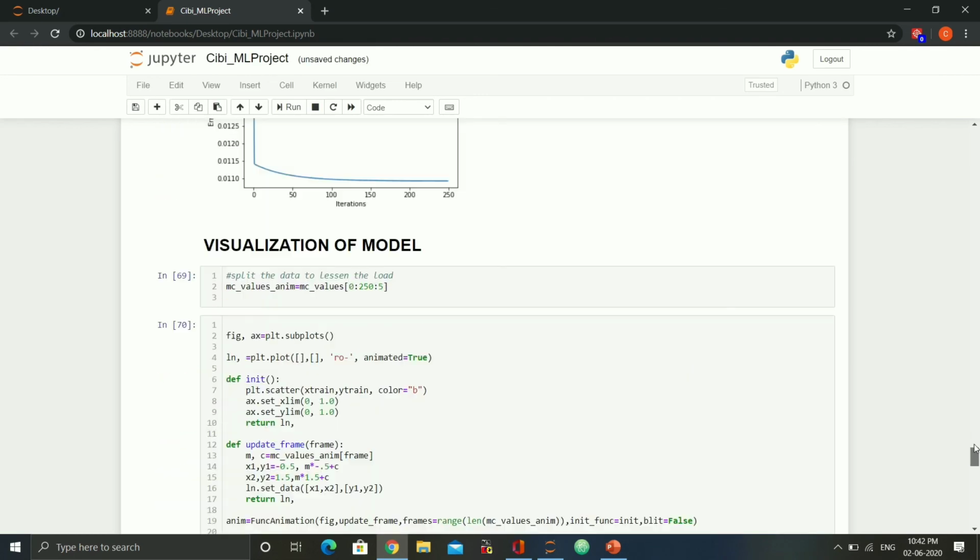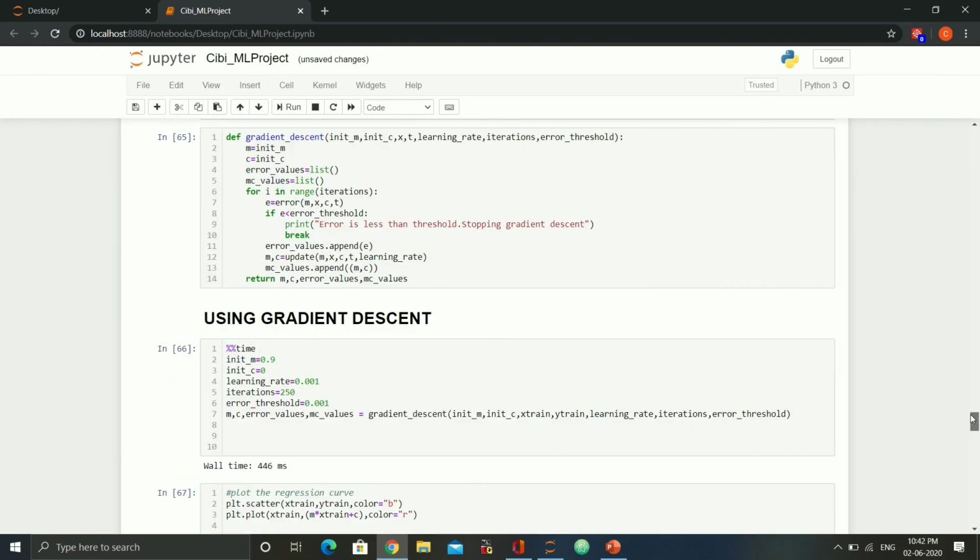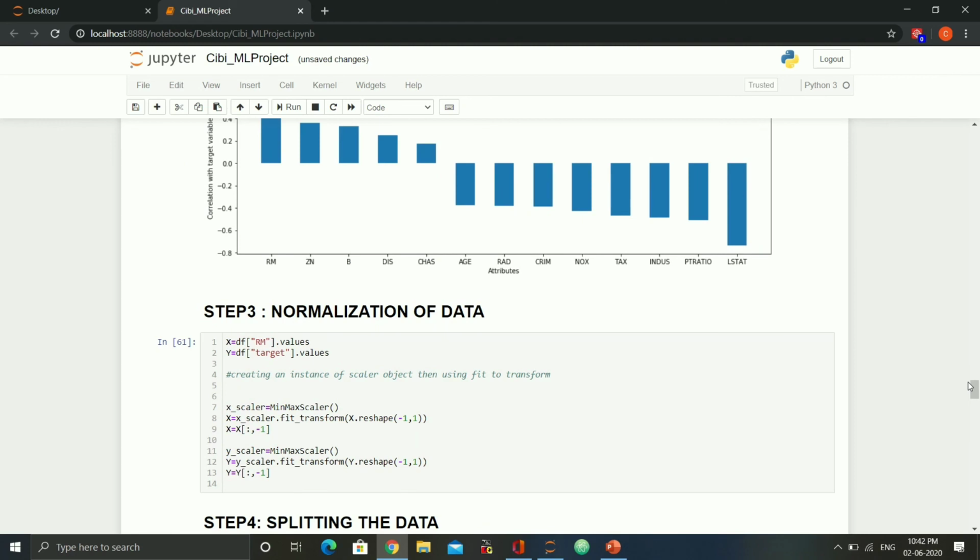Again, when we change RM to, say for example, DIS, we get another curve.